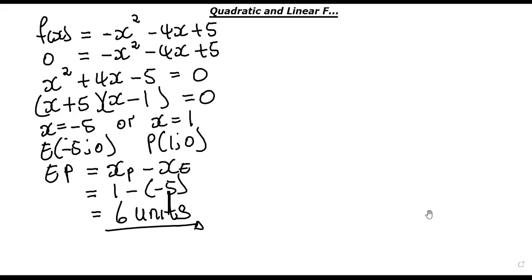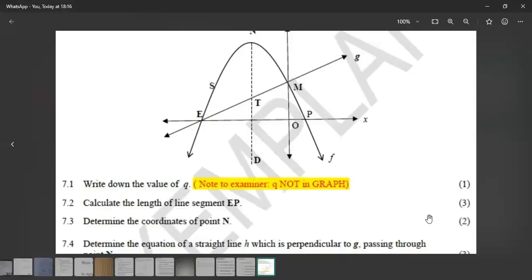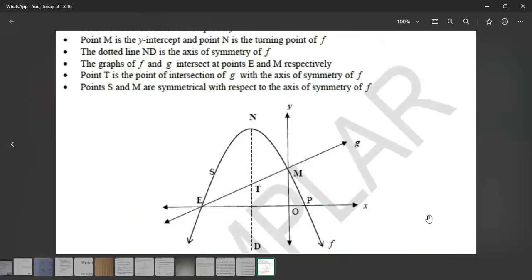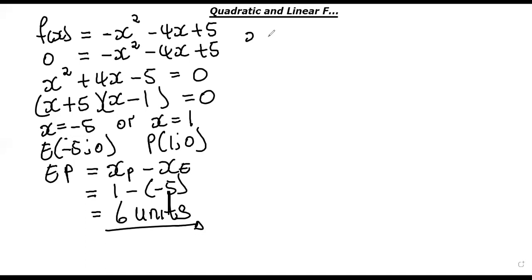So let's look at the next question. It says, determine the coordinates of point N. Remember, in one of the bullets, they said to you, point N is the turning point of F. So remember, in order for us to find the coordinates of the turning point, we can use one of two ways. And when you get to grade 12, you learn there's another way, the third way, which is differentiating the